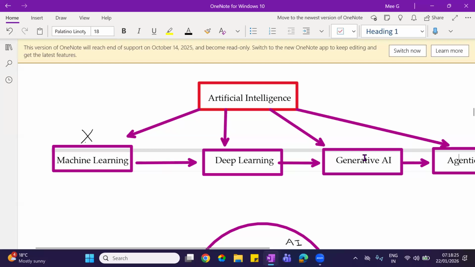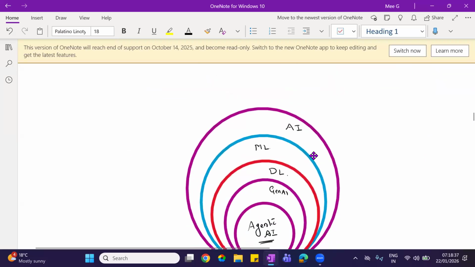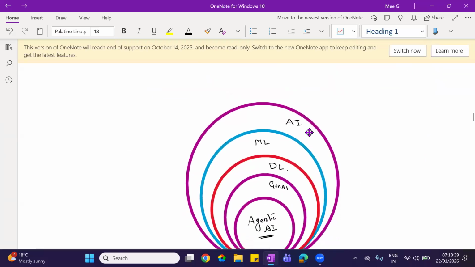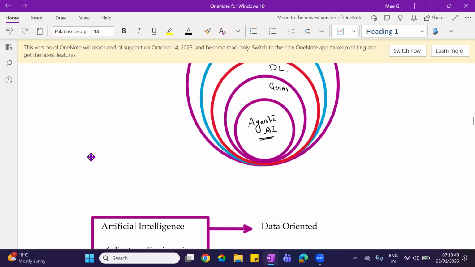Generative AI is based on deep learning. And again, agentic AI came up. Agentic AI is more like an autonomous agent, based on generative AI. Now I have explained how they are interrelated: AI, ML, DL, Gen AI and agentic AI. You can consider them as subsets.